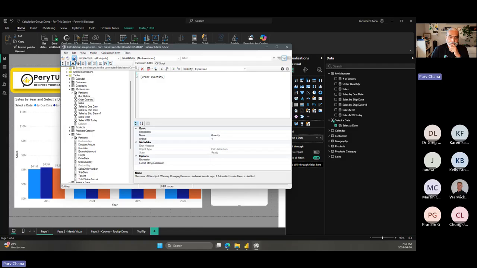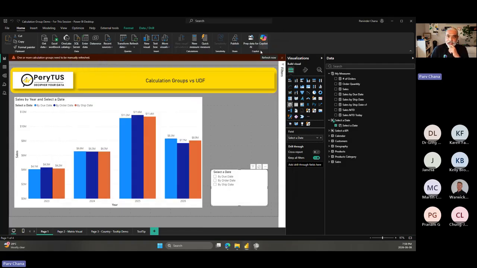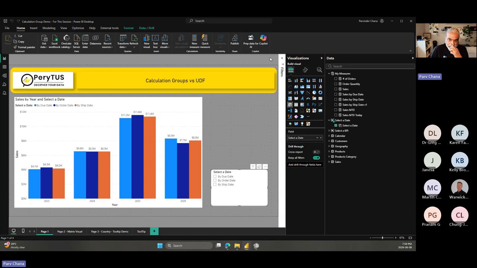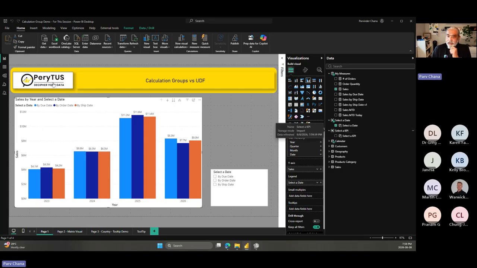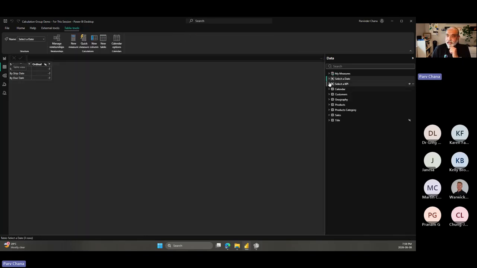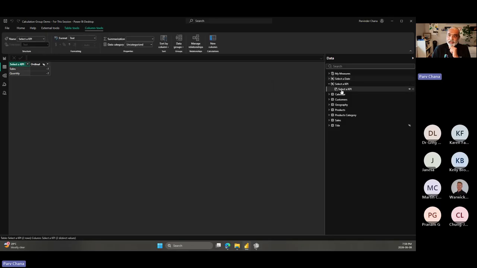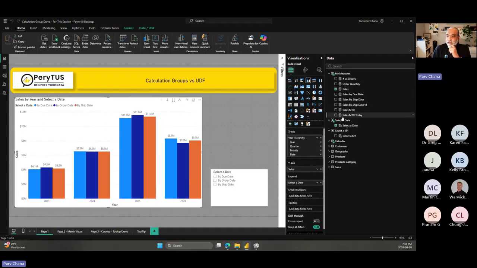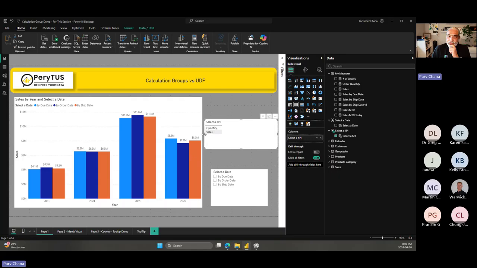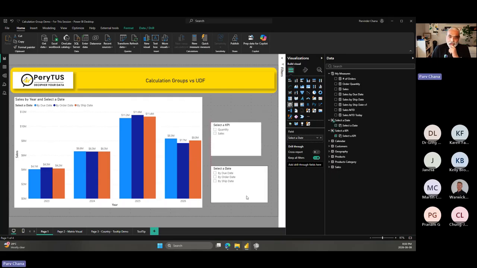So how does that change everything by adding these calculation groups? I'm going to refresh now, apply the changes, and it's asking me to make the change. And now we have another calculation group here called select a KPI, and with a column, I call it select a KPI, and then there's 2 calculation items as rows. So I'm going to use that select a KPI, and now in this particular scenario, what happens is,